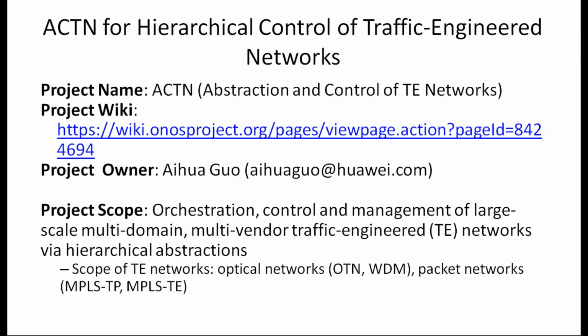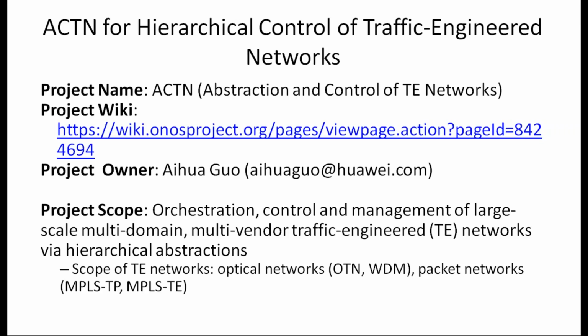The scope of this project is to introduce the capability of orchestration, control, and management of large-scale multi-domain, multi-vendor TE networks into ONOS via a hierarchical abstraction method.